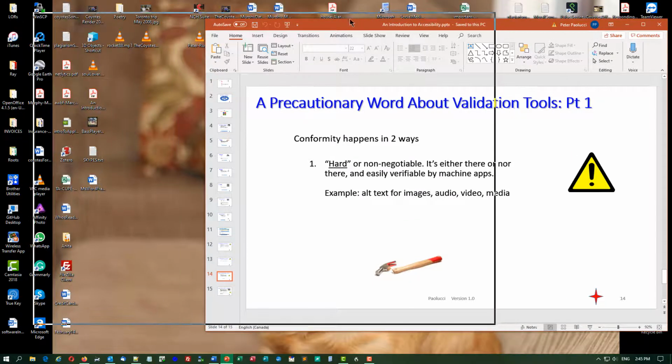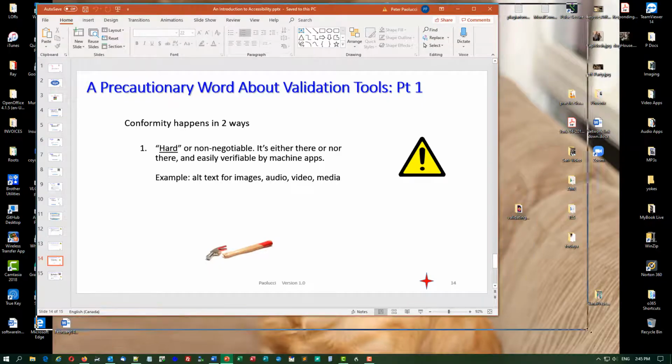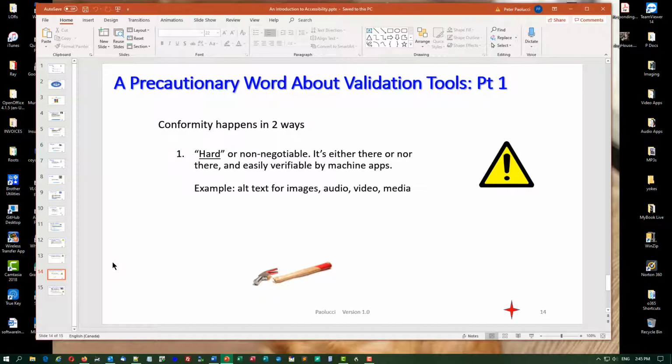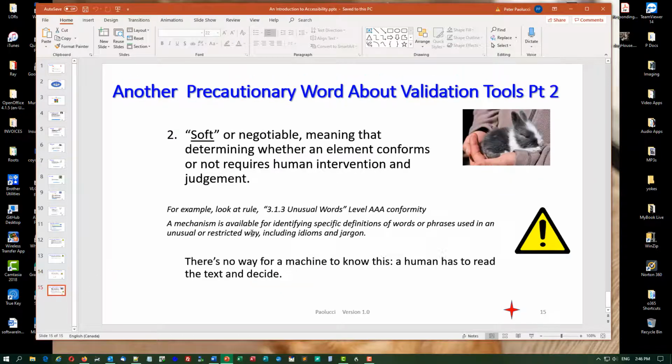The reason you have to do that, sorry, I should be making this fuller screen here. The reason you have to do that is because somebody who is blind, legally blind or visually impaired, cannot see the image. And so when their reader passes over that image, there has to be words that will send an auditory message to them that this is what is contained in the picture. So that is binary. The code, or the alt text, is either there or it is not there. The other way is soft